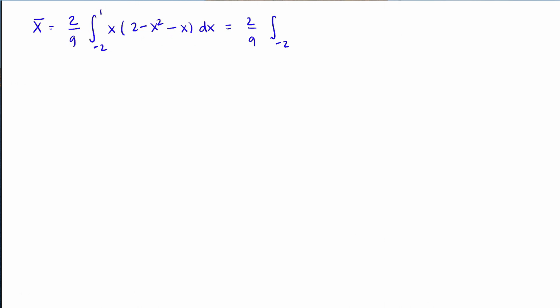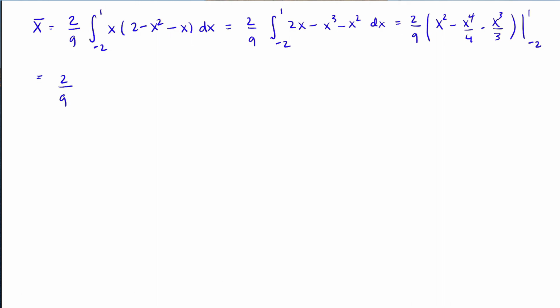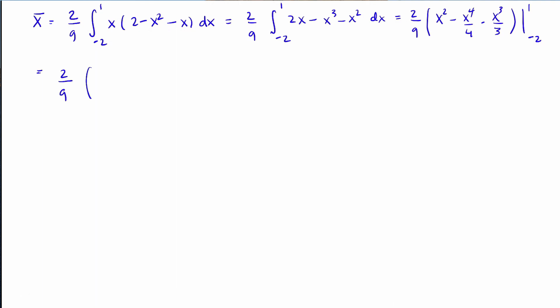And then the integral from -2 to 1 of 2x minus x cubed minus x squared dx. Compute each antiderivative individually. You get 2 over 9 times, well, 2x squared divided by 2, you get x squared minus x to the 4th divided by 4 minus x cubed divided by 3, this whole thing from -2 to 1. So I get that this is 2 over 9, and then if I substitute 1, I get 1 minus 1 over 4 minus 1 over 3 minus what I get when I substitute -2, which is 4, and then -2